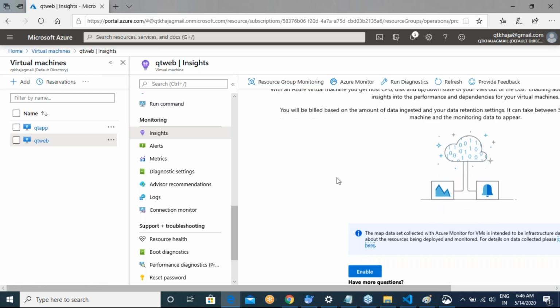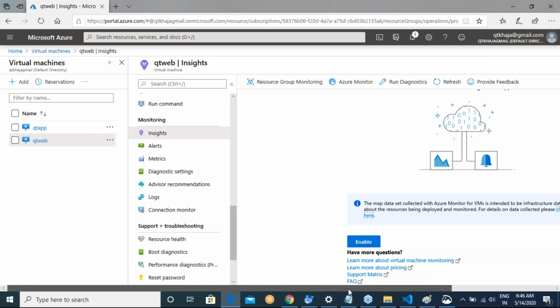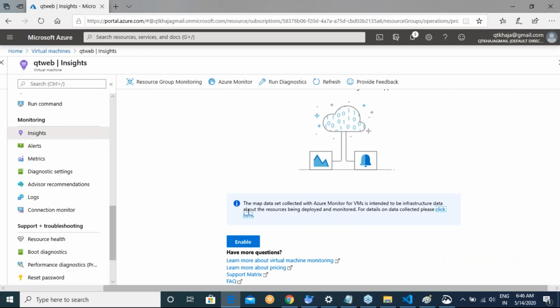Right. So now, if you get into this insights page, you will have these options. If you scroll down, there is one section which asks, do you want to enable insights? Whenever you want to enable these insights, you can say yes, I want to enable the insights.